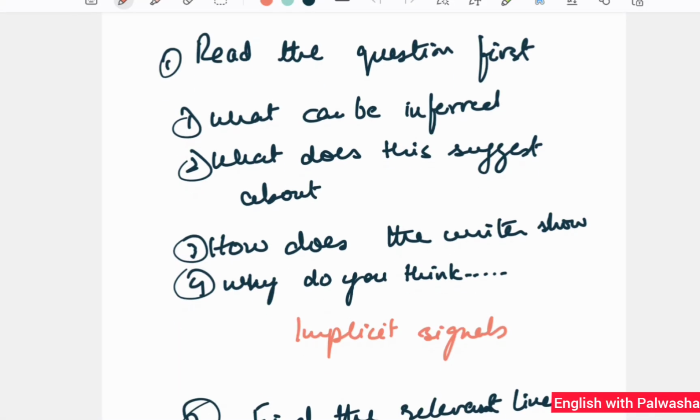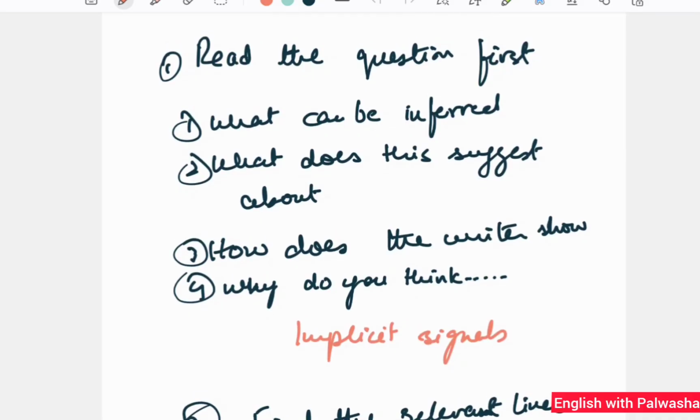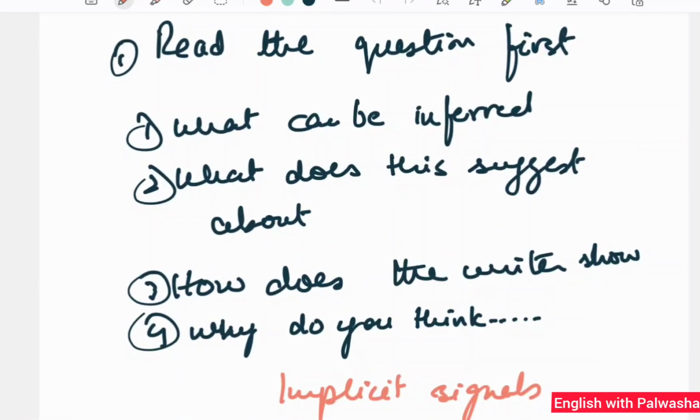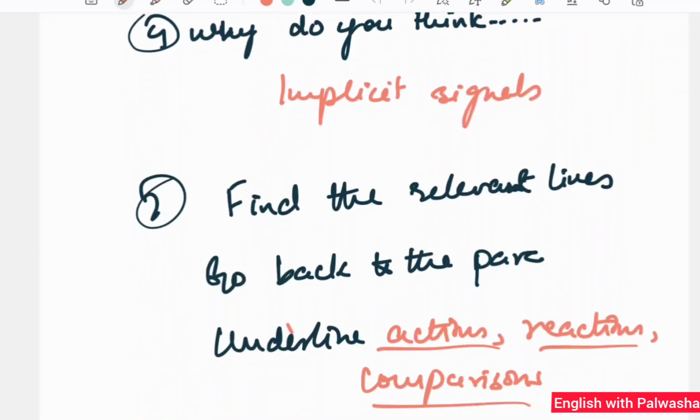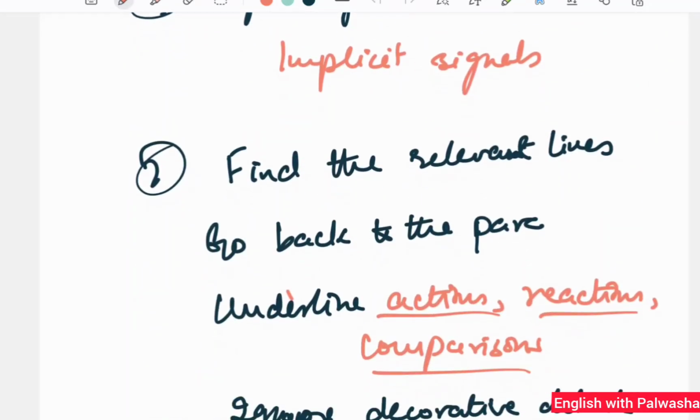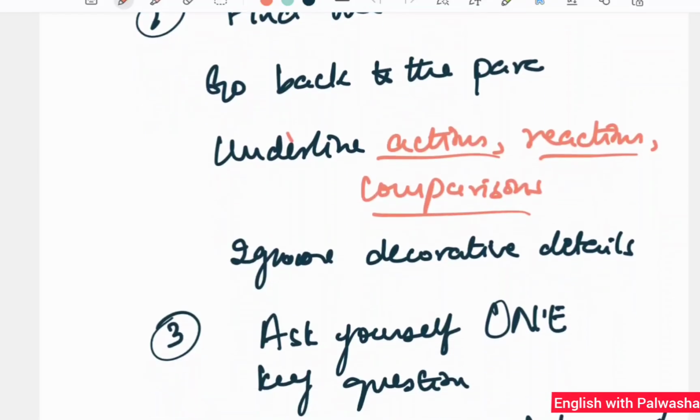This is the one I was teaching one of my students yesterday: read the question first. What can be inferred? What does this suggest about? How does the writer show? Why do you think? Then there are some implicit signals. Find the relevant lines and go back to the paragraph. Underline